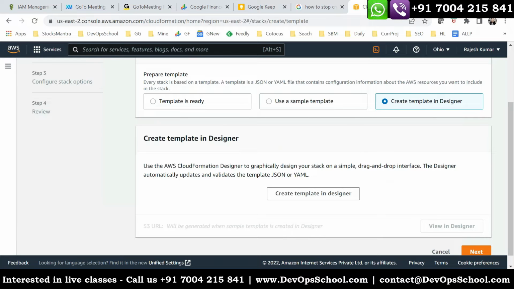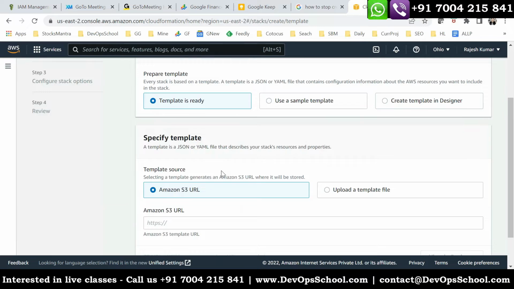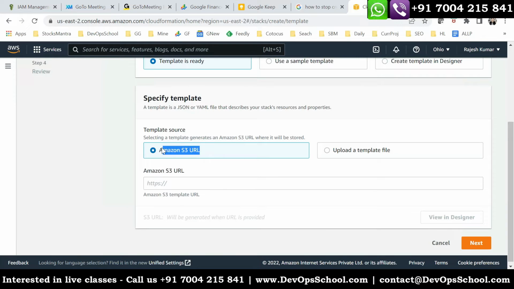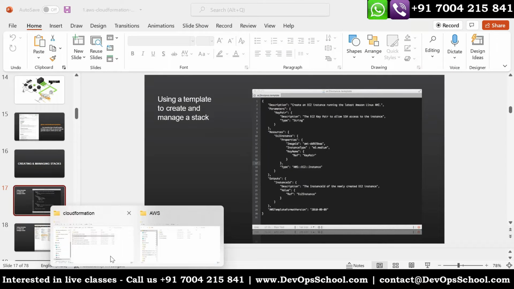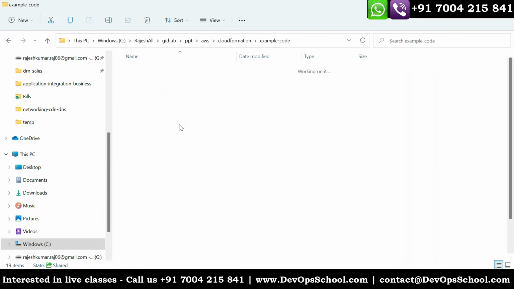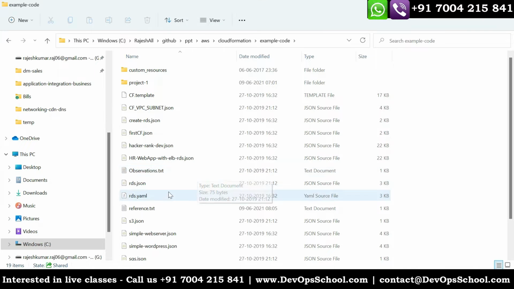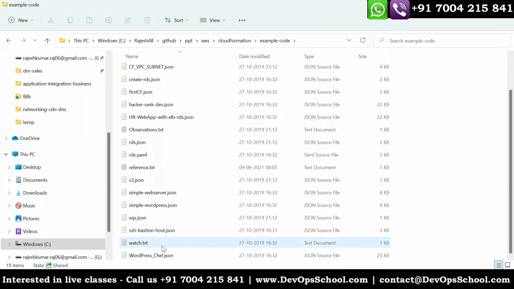Okay. So let's say if you have a template ready, you can locate where exactly the template is. Is it in S3 or do you want to upload it? You can upload the template also, and thousands and thousands of templates you can find on GitHub. That's not a challenge we have right now. So many templates, I'm also having them. For example, let me show you another template, a simple one, and that is called